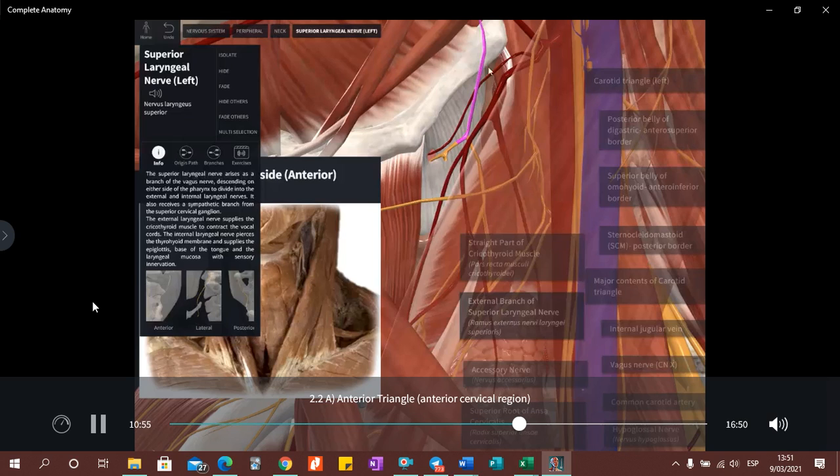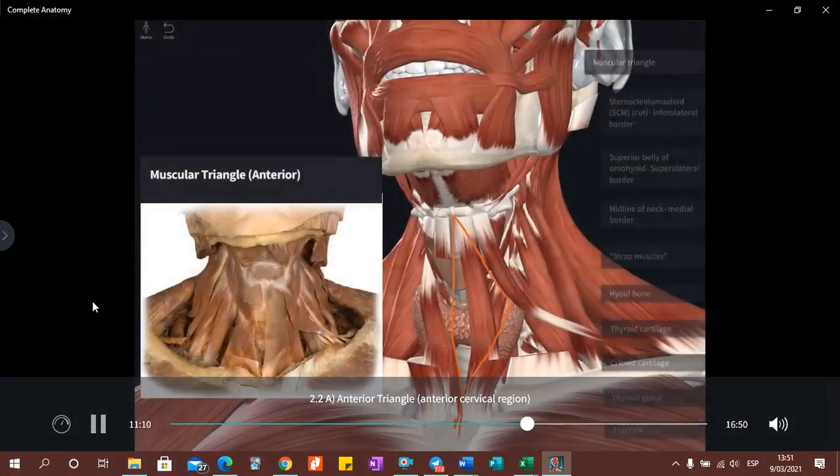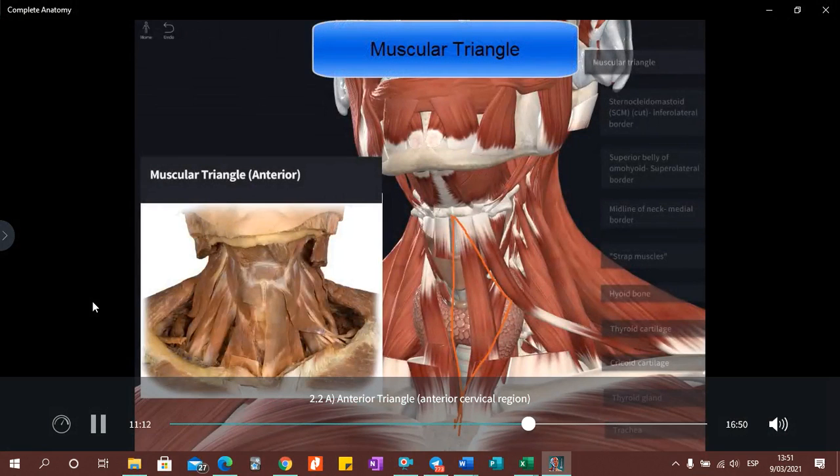Basically, it just arises as a branch from the vagus nerve, and then it descends on either side of the pharynx, and then it divides into your external and internal branches. As I just said, the internal branch is primarily sensory, and the external branch is motor to the cricothyroid muscle. Now we're going to move on to the muscular triangle, and I have superimposed here also the outlines of